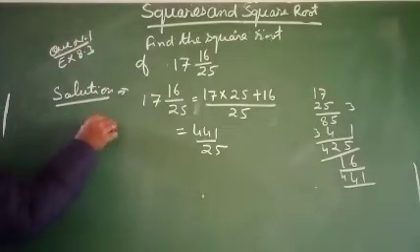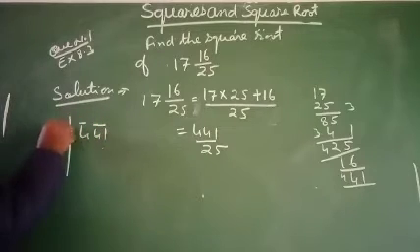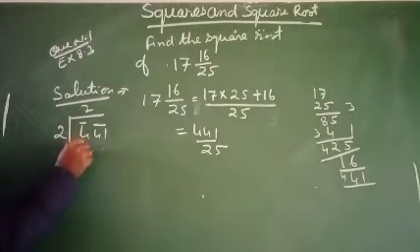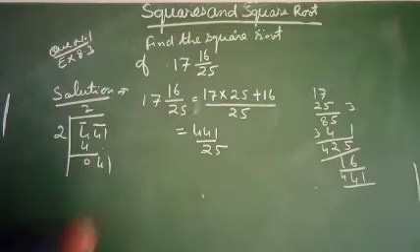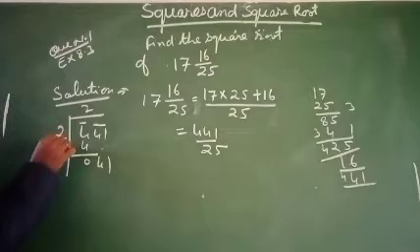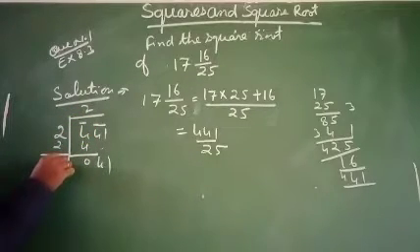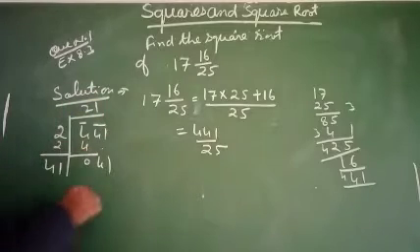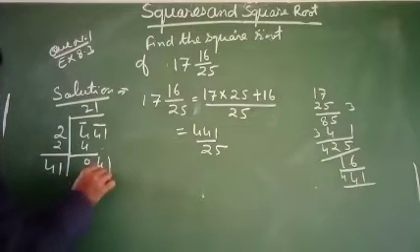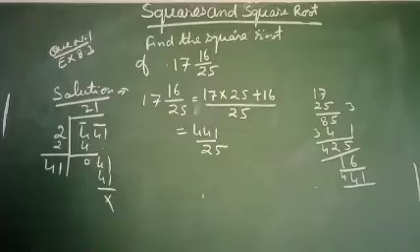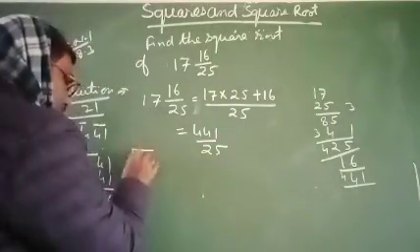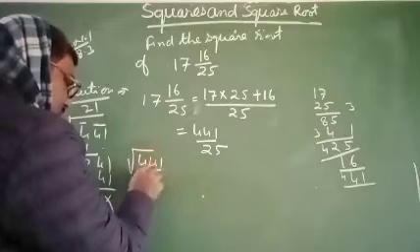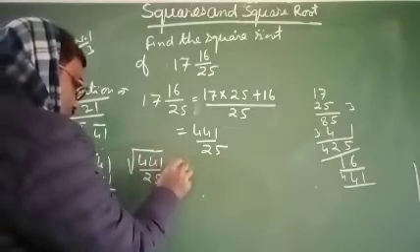441. Make pairs. 2 2s are 4. Subtract 4 from 4, we get 0. Now I will bring down 41. Now I will add 2. 2 plus 2 is 4. I will add here 1. Here will be 1. 41 times 1 is 41. Then the square root of 441 upon 25 equals